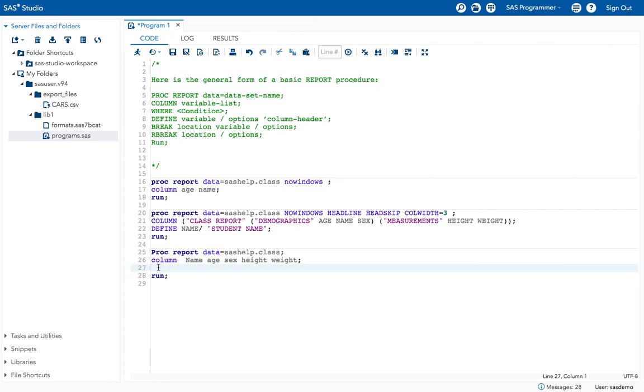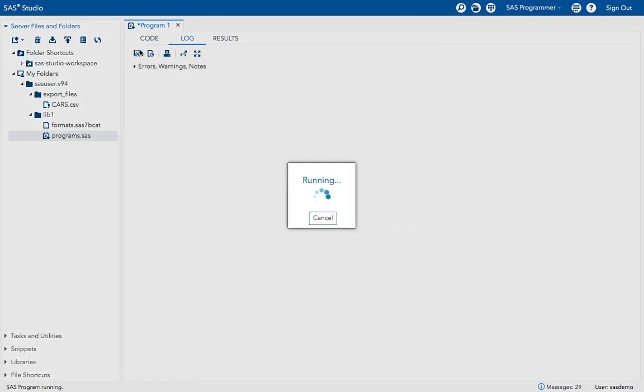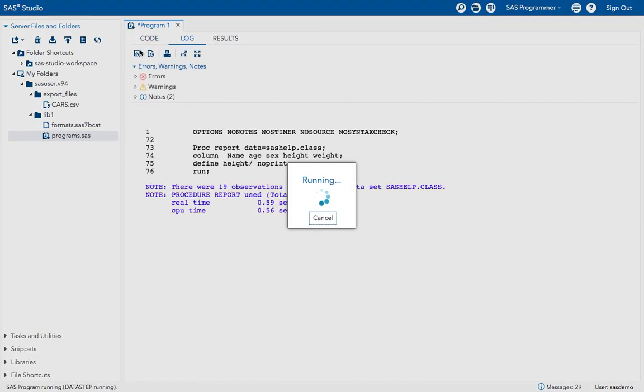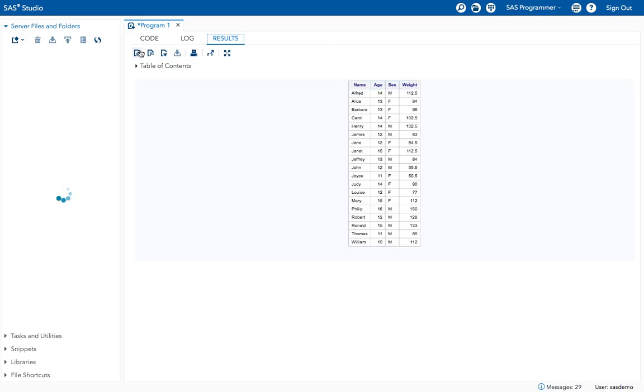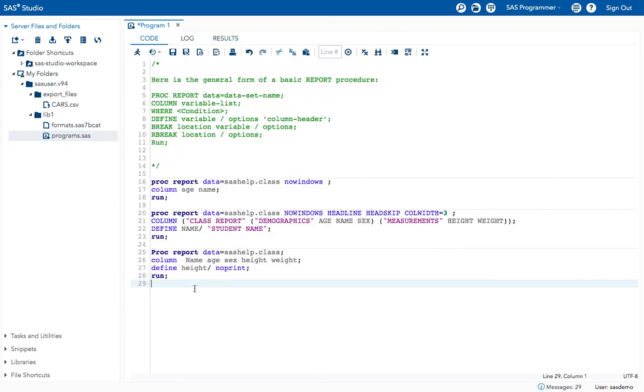By giving the define statement, height slash no print option. Okay, execute the program. See, now I didn't get the height in my report. So this is how we can generate the reports by using the define option.